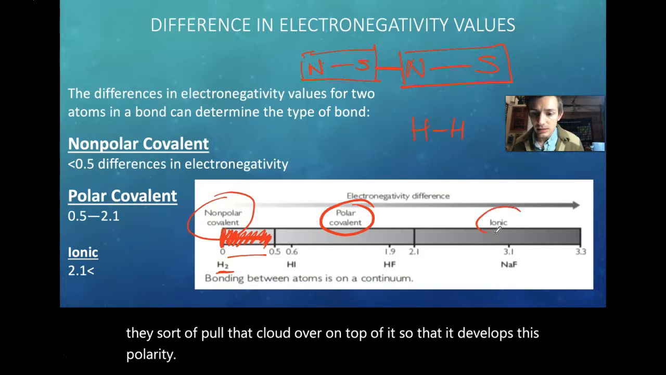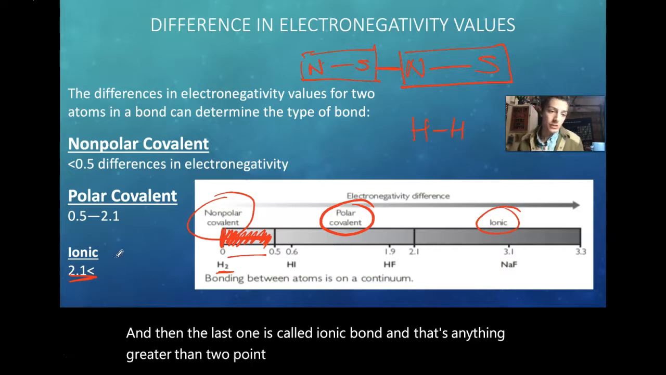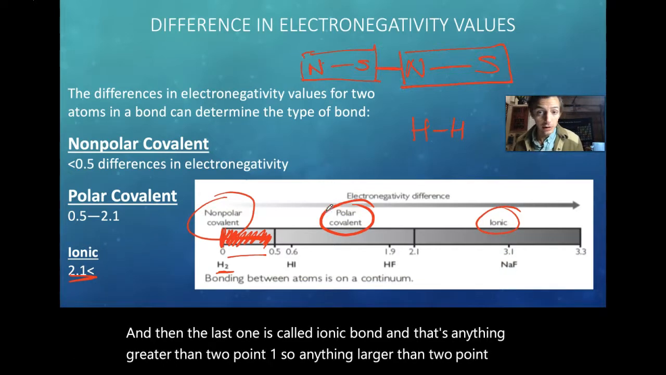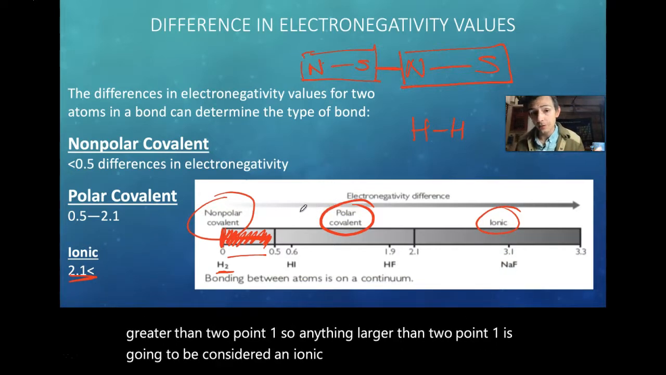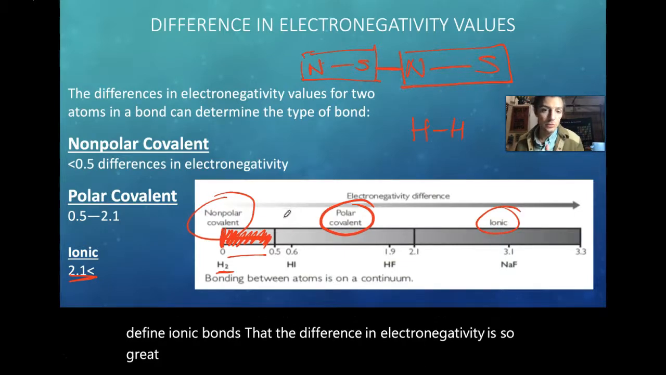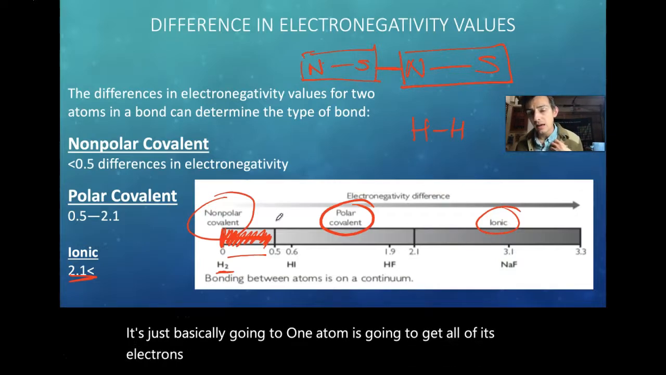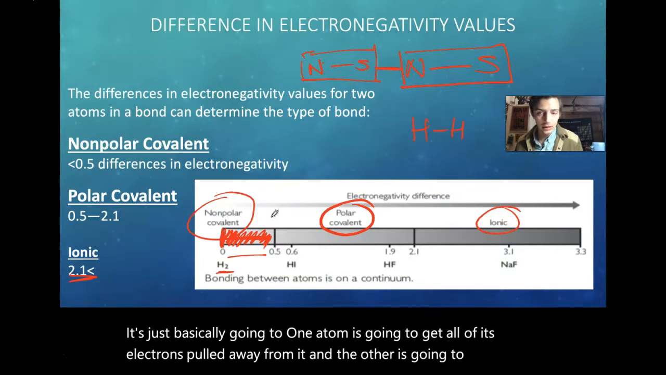And then the last one is called an ionic bond, and that's anything greater than 2.1. So anything larger than 2.1 is going to be considered an ionic bond, and that's really how we define ionic bonds: the difference in electronegativity is so great that one atom is going to get all of its electrons pulled away from it, and the other is going to steal the electrons and